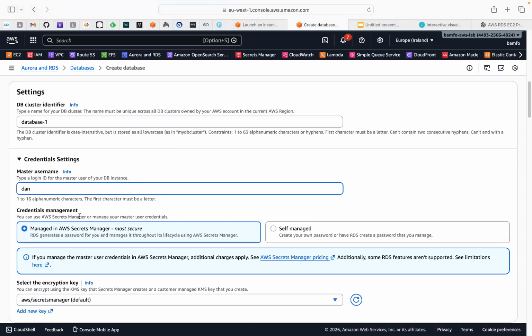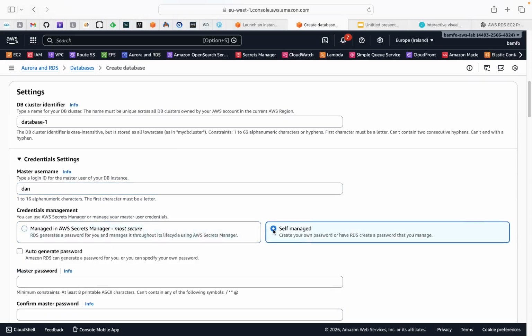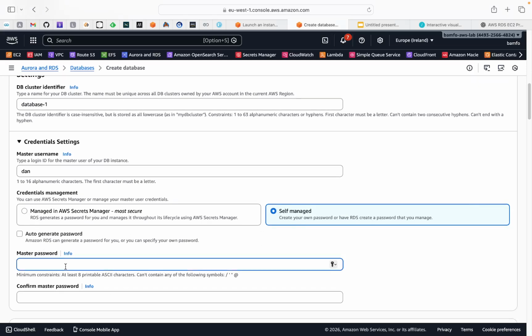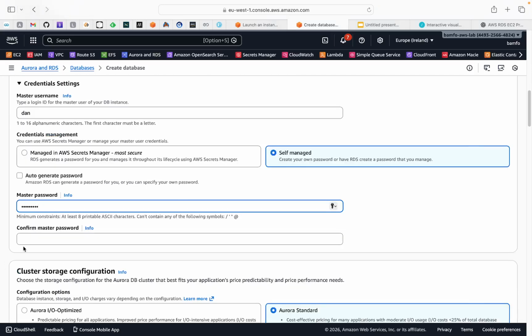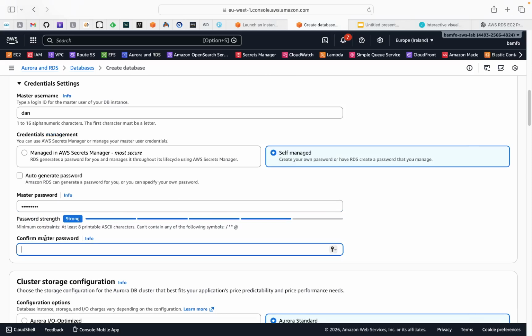All right, and then we're going to manage our own keys, or by that we're creating our own password. Okay, so let me put some password here. Okay, and let me confirm it. Okay,